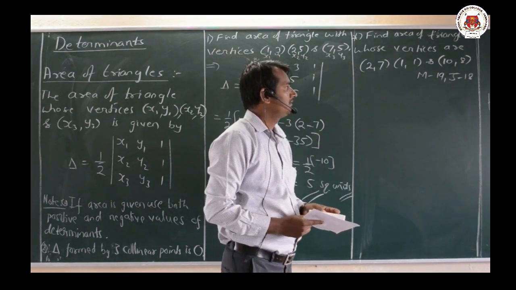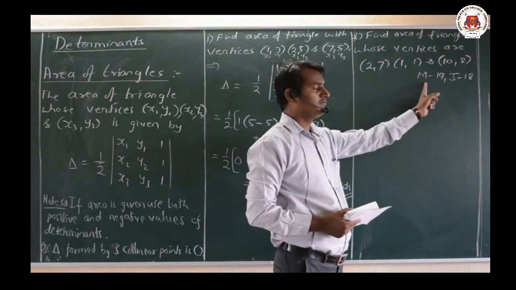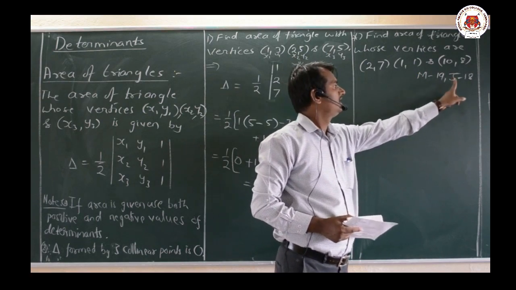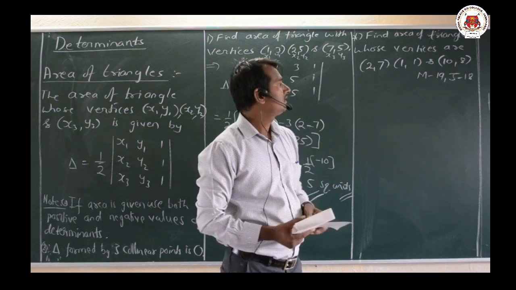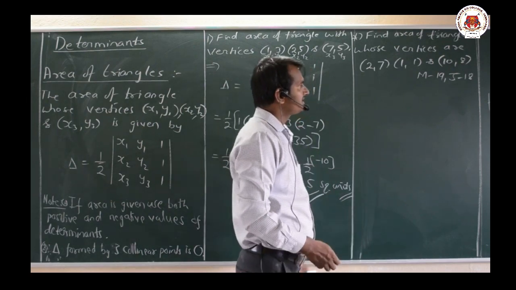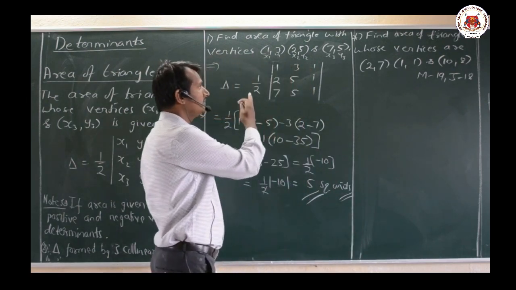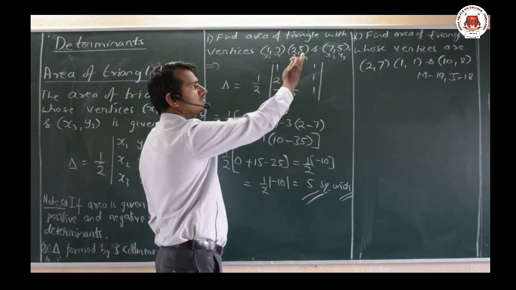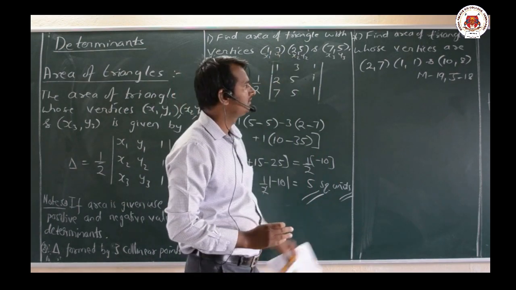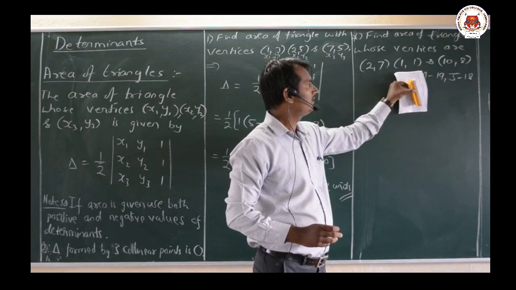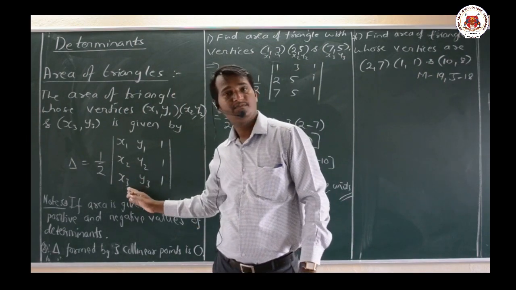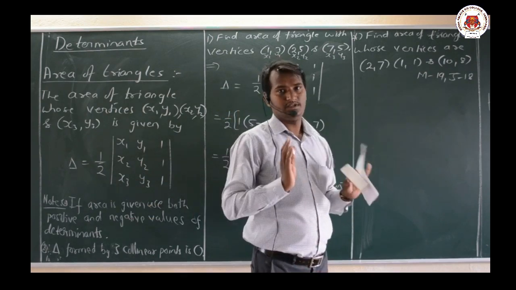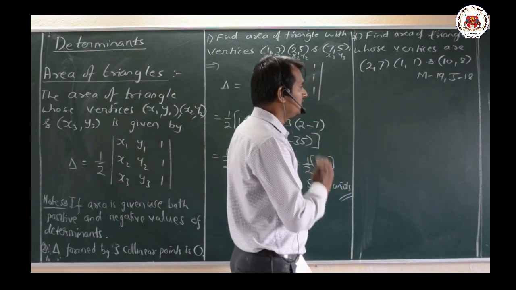So what do you mean by that? March 19 means the annual examination 2019 question paper, and June means it is our supplementary Karnataka PU board examination. Okay, well, we shall start with the problem. He has given the coordinates x1 y1, x2 y2 and x3 y3: 2, 7, 1, 1 and 10, 8. We just have to make use of the formula, substitute the values and solve it. Very simple and 2 marks.